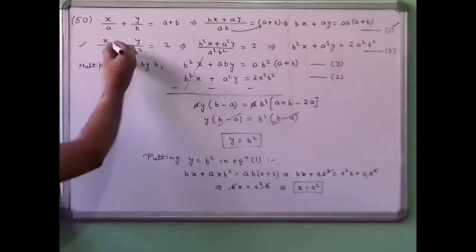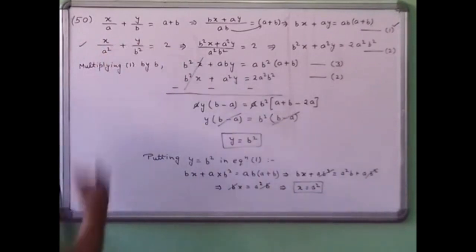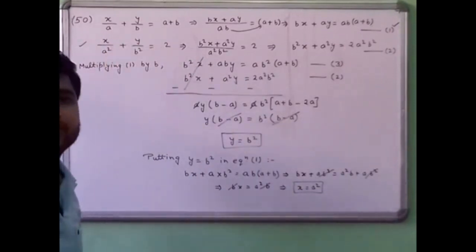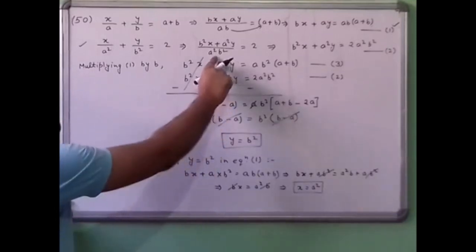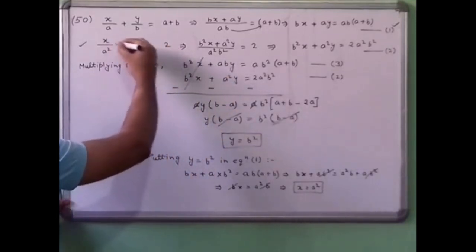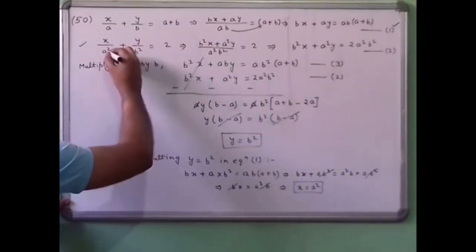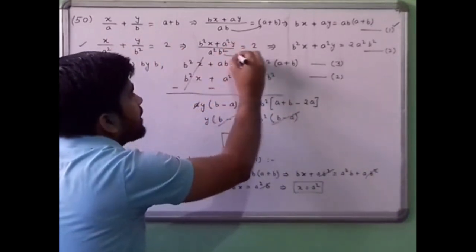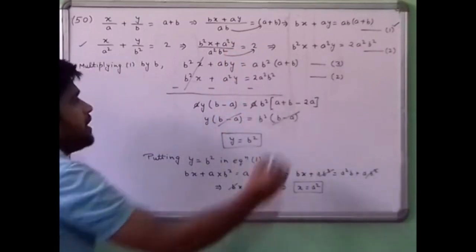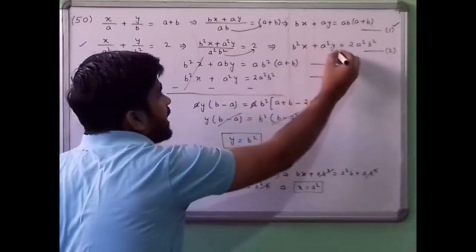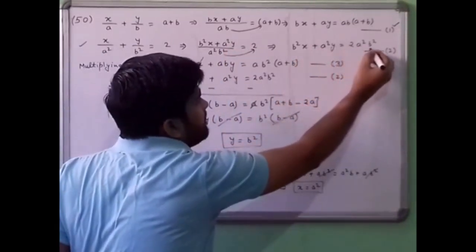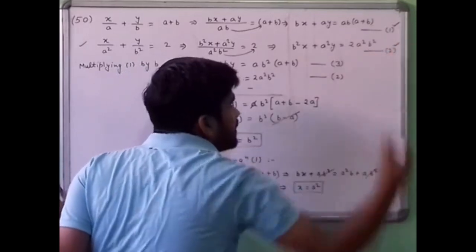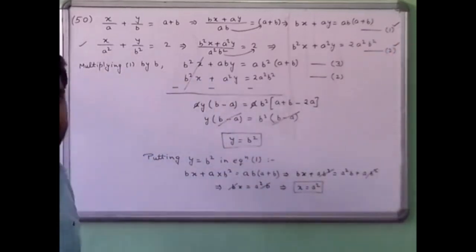Another equation is x upon a square plus y upon b square. Take LCM a square b square. By cross multiplication it's b square x plus a square y is equal to 2, so b square x plus a square y is equal to 2a square b square. Equation number 2. Now by using the elimination method,